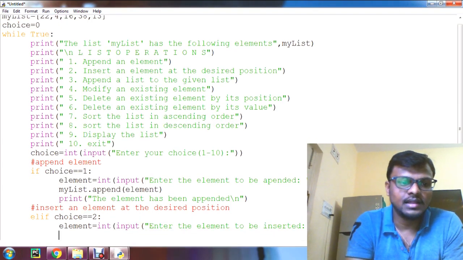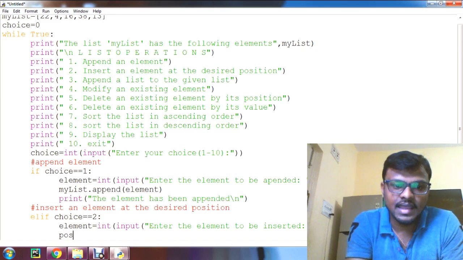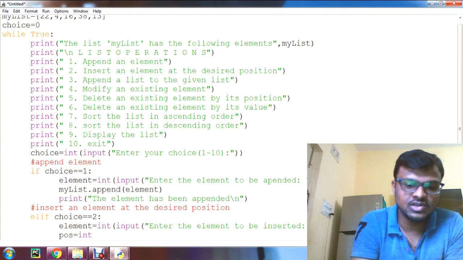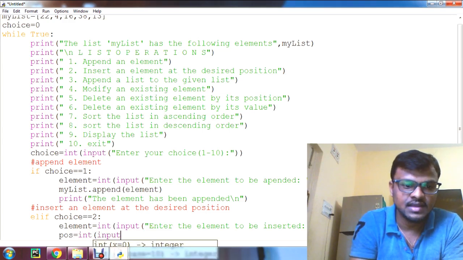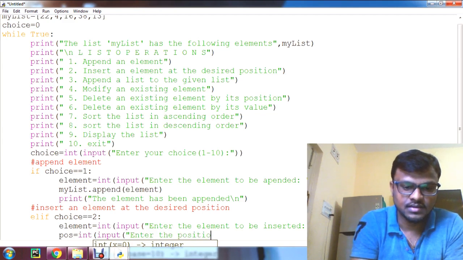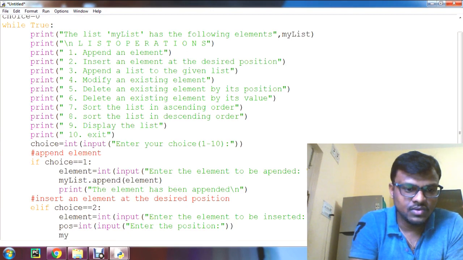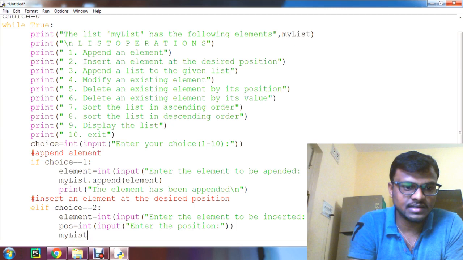Clear. Now after this statement, we are going to insert at the desired position. For that I need one variable, position, so that the user should enter the position. For that, int of input, enter the position. After this we need to insert our element into mylist.